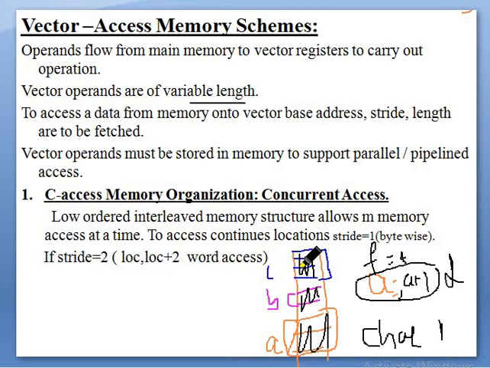See, I cannot fetch from this to the next location. This is a mistake, because I am losing the actual location from where C has started. So we should be very careful when we are accessing. When we access data from memory, we should have a base register, a stride, meaning how much I have to increase each time, and a length, meaning how many locations we have to fetch.